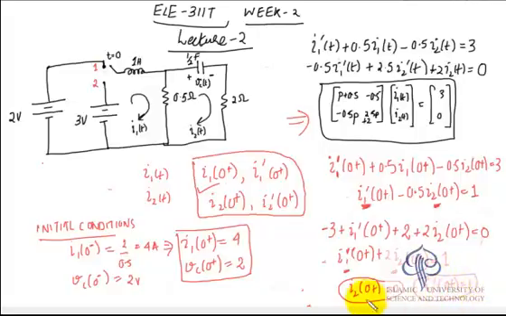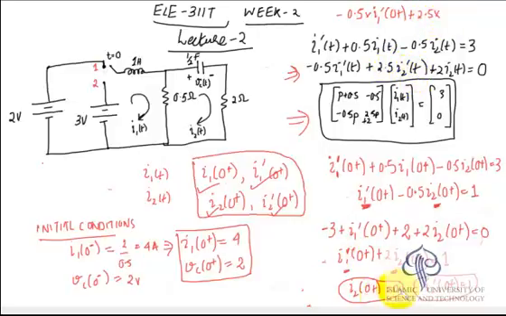So this gives us two other conditions, the condition of I2 0 plus and the condition of I2 dash 0 plus. I1 dash 0 plus we have already found. I2 dash 0 plus we need to find. We can find it by putting all these conditions in the second equation. So when we do that, you get minus 0.5 into I1 dash 0 plus plus 2.5 into I2 dash 0